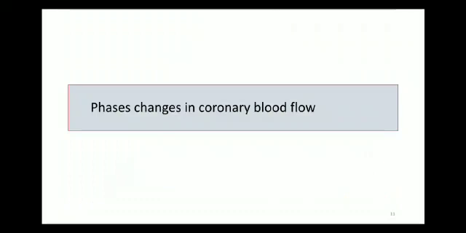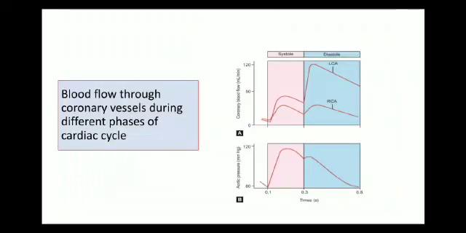So is the blood flow in the coronary same during the systole and the diastole? It can't be the same, because when the heart contracts, the blood vessels are throttled or constricted, right? Because the blood vessels are present inside the muscle mass, they get constricted, so blood flow will be less. In fact, during isovolumetric ventricular contraction, blood flow gets to almost nil, and this vasocompression during systole is more marked in the left ventricle, because it has more muscle mass and the pressure generated by the left ventricle is more. So vasocompression during systole is more marked in the left ventricle as compared to the right ventricle.